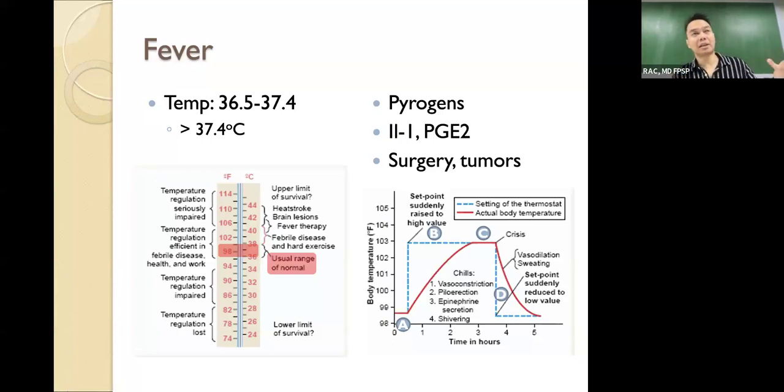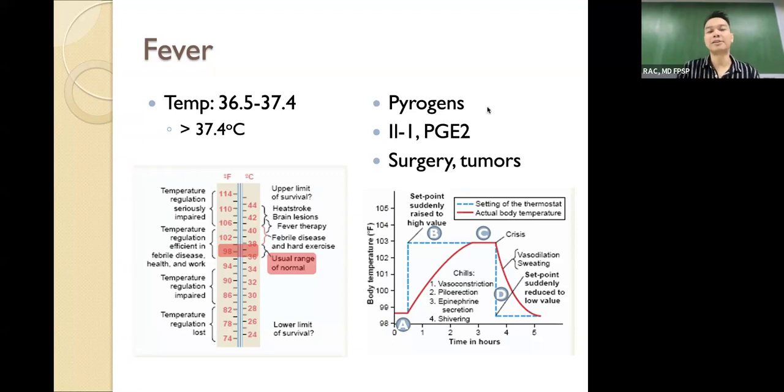So whenever a patient comes in and complains of fever, it is imperative that we get the body temperature. So you get a thermometer and get the body temperature, because we all know that our skin does not detect absolute temperatures. It can only detect degree of heat loss or heat gain. So this is not a reliable way of assessing body temperature. We should ask the patient, what did you get on the thermometer? If they're not able to say it, then you should get the temperature using a thermometer.